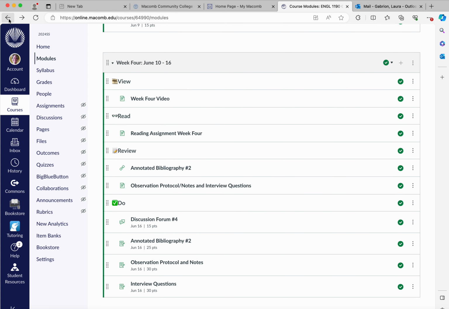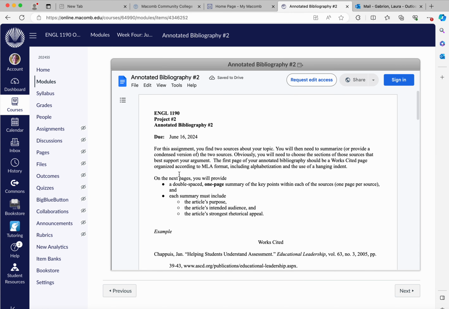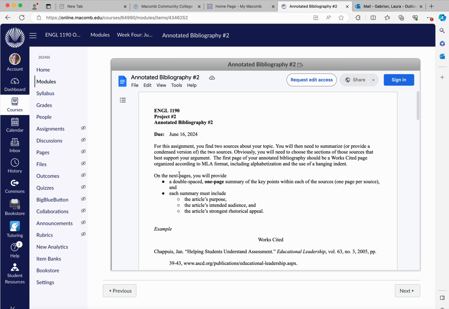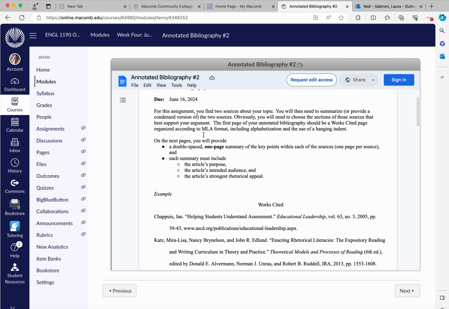Okay, once you've completed your reading, you're going to work on your second annotated bibliography. It is set up exactly the same way as the first annotated bibliography. You are going to find two sources about your topic. You're going to summarize those sources. You'll need to choose the sections that are going to support your argument, but you'll want to start with a